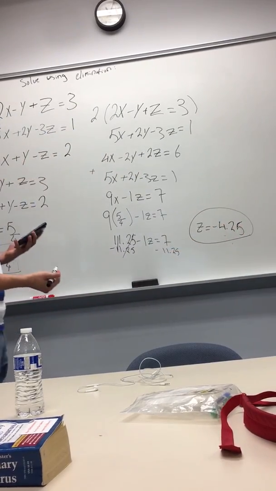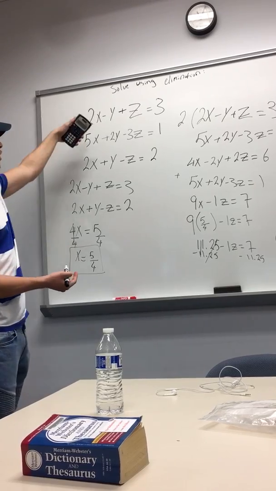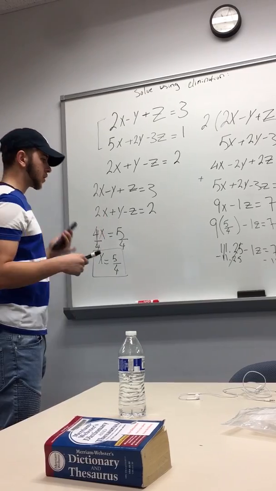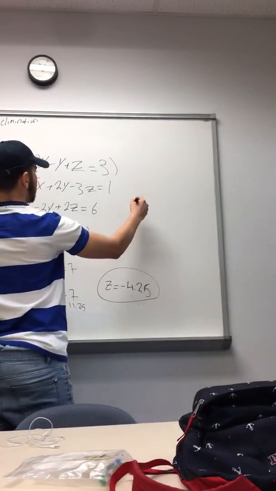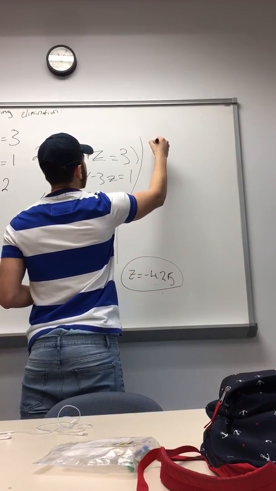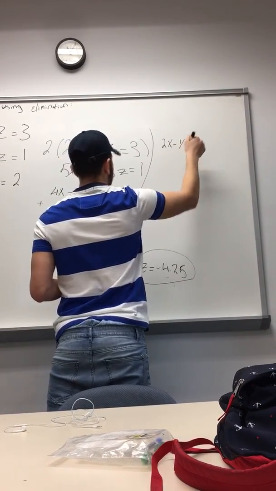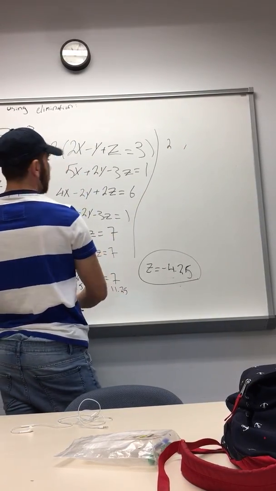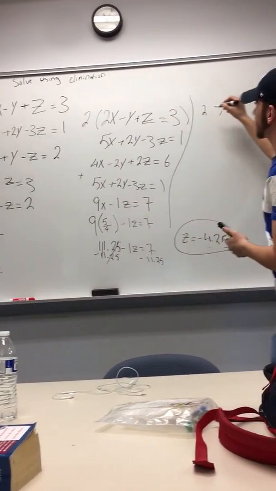And now we have to go back to the original. We gotta pick an equation from these 3. Any equation, doesn't really matter. I'm gonna pick the first one because it's the easiest one, I think. So I'm gonna write it right here. So just like that, and it'll be 2x minus y plus, no, actually I have to plug in the numbers now to find the y. So I have to plug in the numbers. So x is 5 over 4. So 2 times